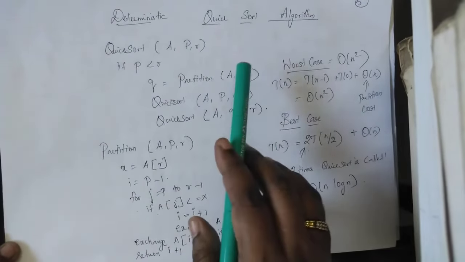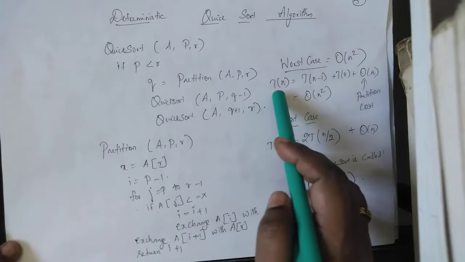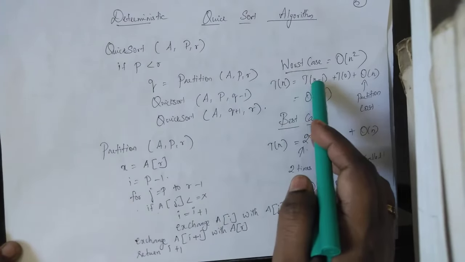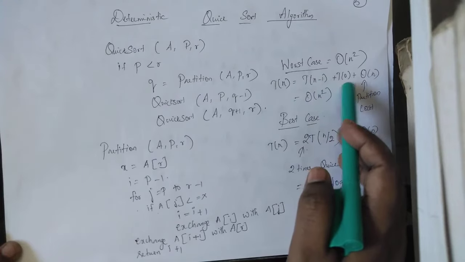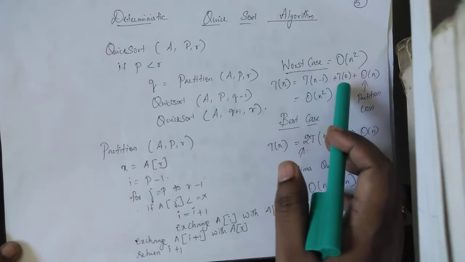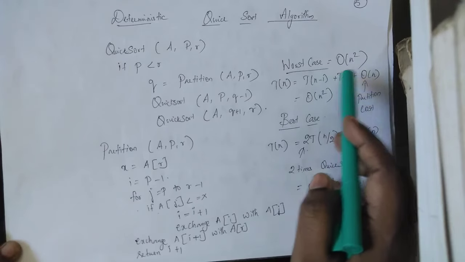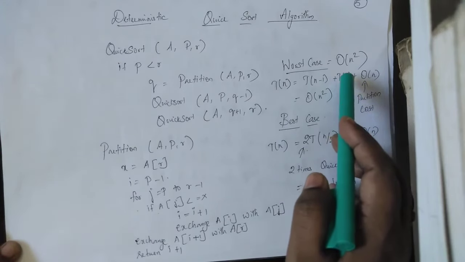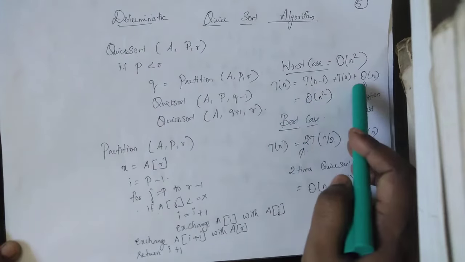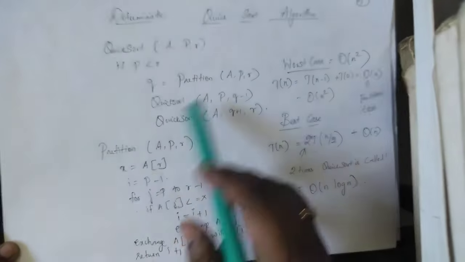The example we saw earlier is actually a worst case. So the worst case is calculated as follows. The total time complexity is T of n. This is for the first half, T of n minus 1, and this is the second half, which is actually T of 0. That means there is no element in the second half of the array, which need not be sorted. This is exactly the same as what we saw in the example. So this is a worst case scenario. Big O of n is the cost added by the partition algorithm.